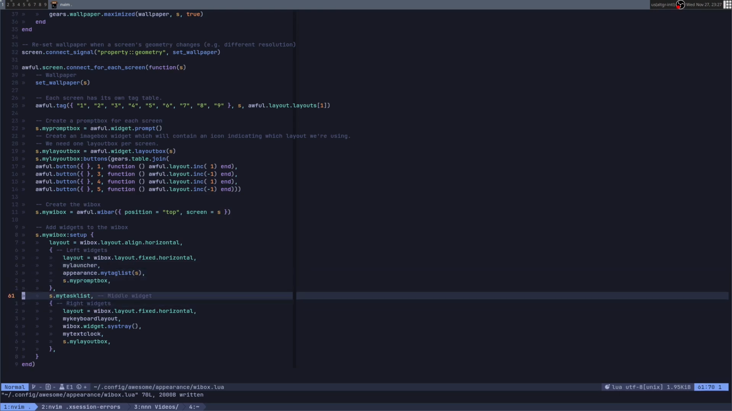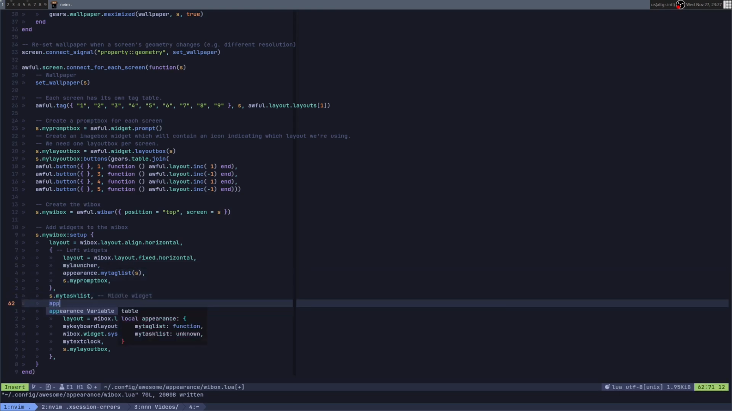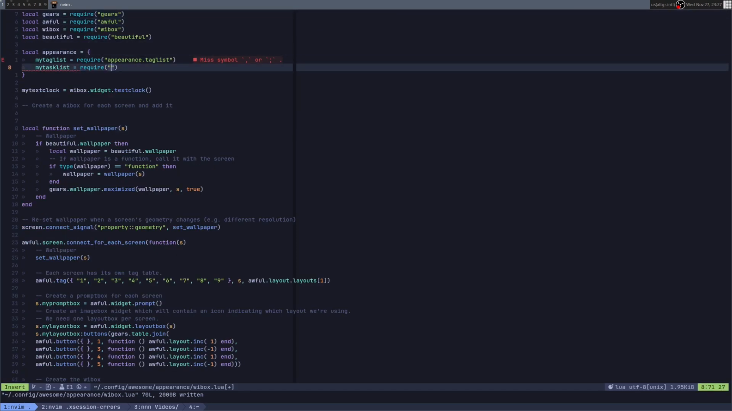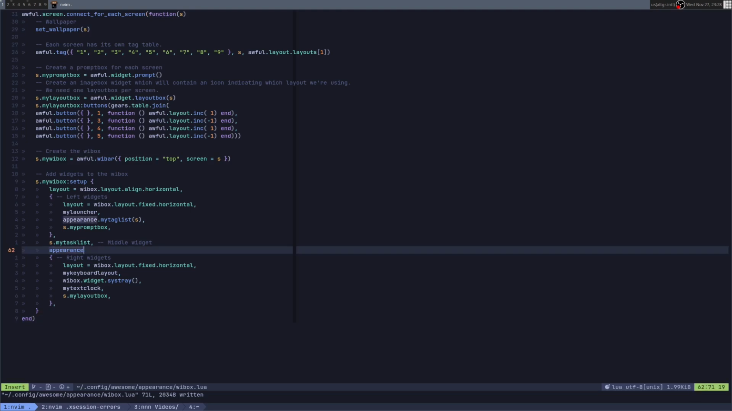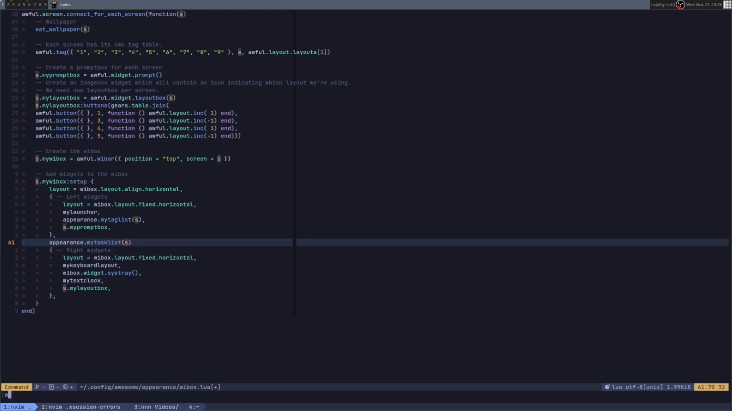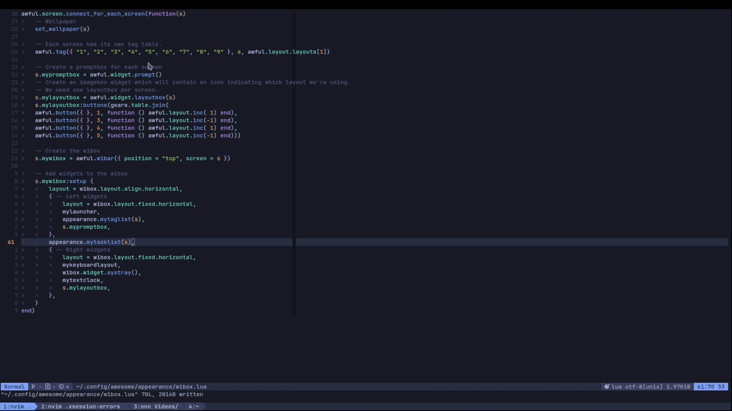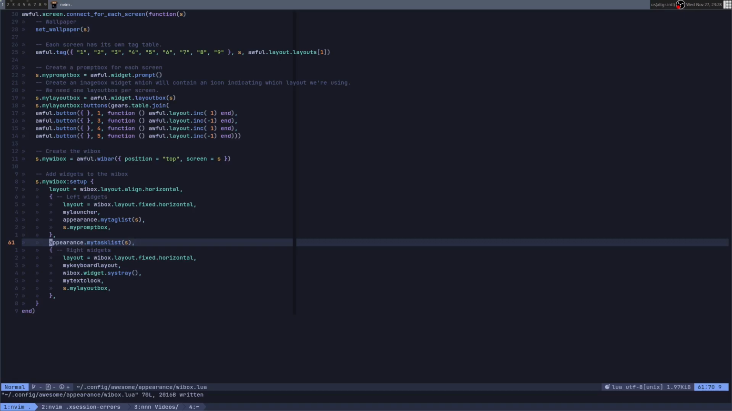Okay, go to task list and replace it with appearance and check here that I have appearance task list. Nice. Add the commas and go into here. Where is it? Appearance dot task list S. Copy. Okay, task list works. If I comment it out, okay, task list is gone. Like my system tray just moved here. So it means my